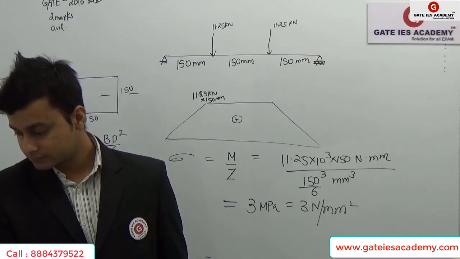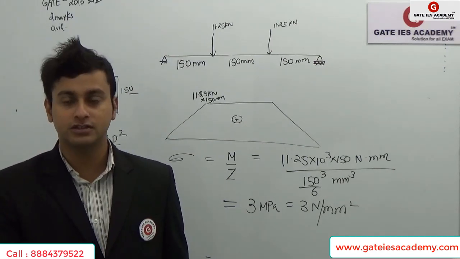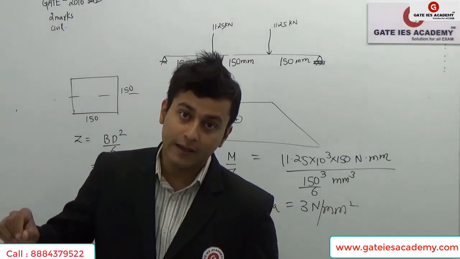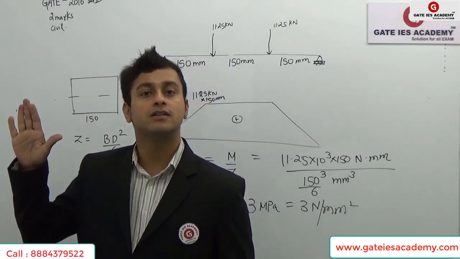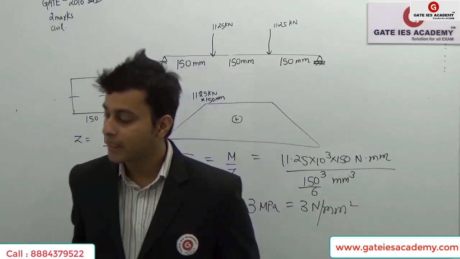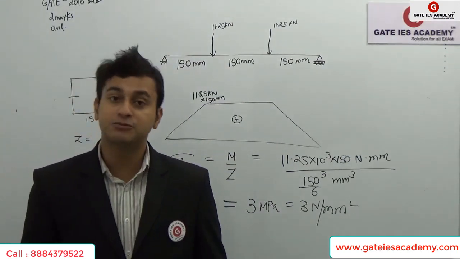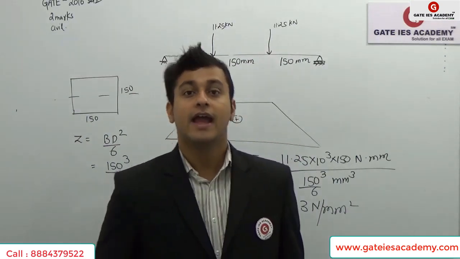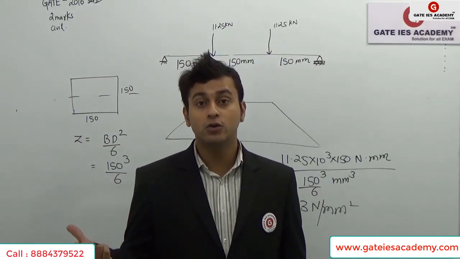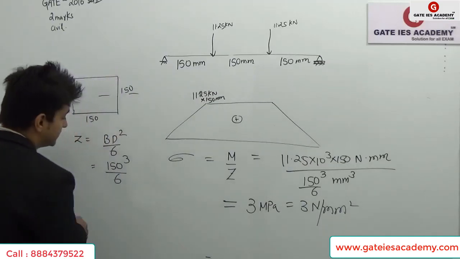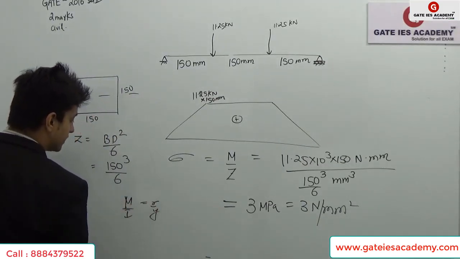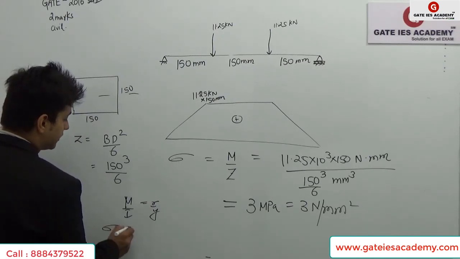Considering linear stress distribution across the cross section, that is, they are saying that assuming the bending equation is followed. That is what linearity means. Okay, the modulus of rupture expressed in MPa. Modulus of rupture is nothing but M by Z. I told you that M by I is equal to sigma by y. That means that sigma is equal to